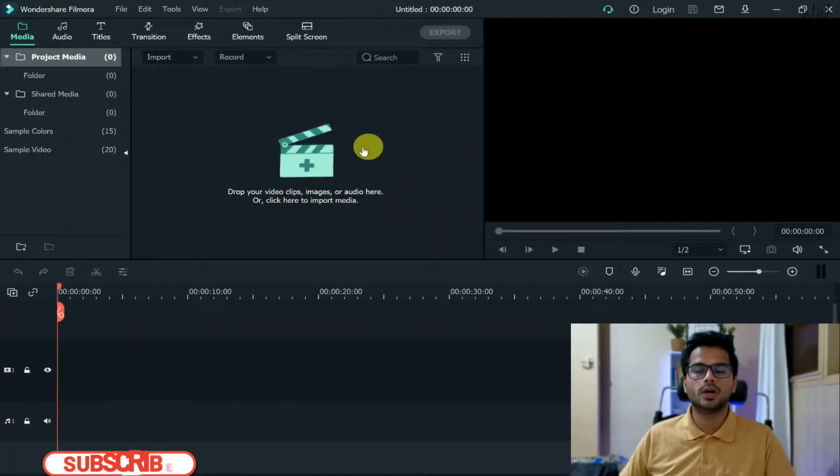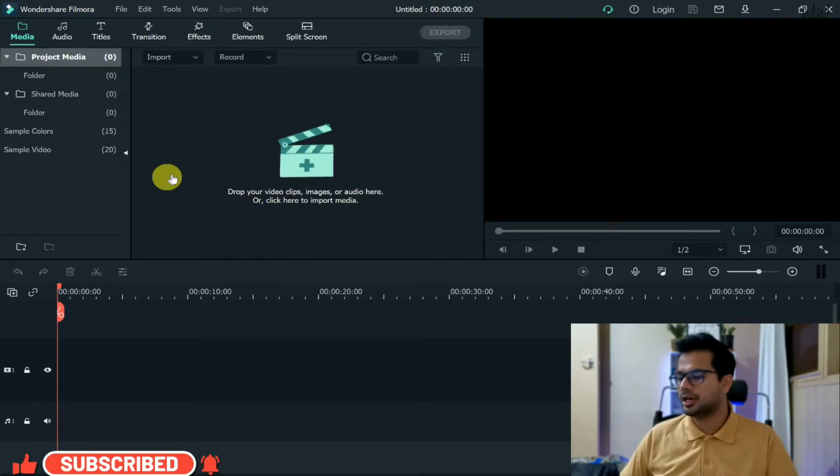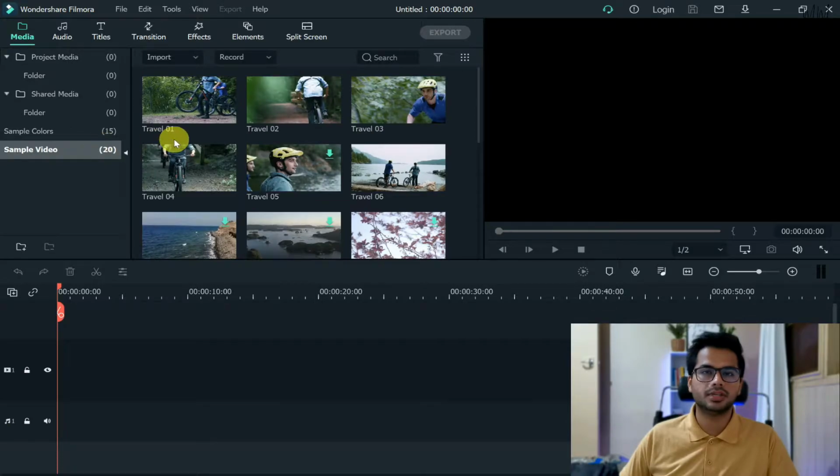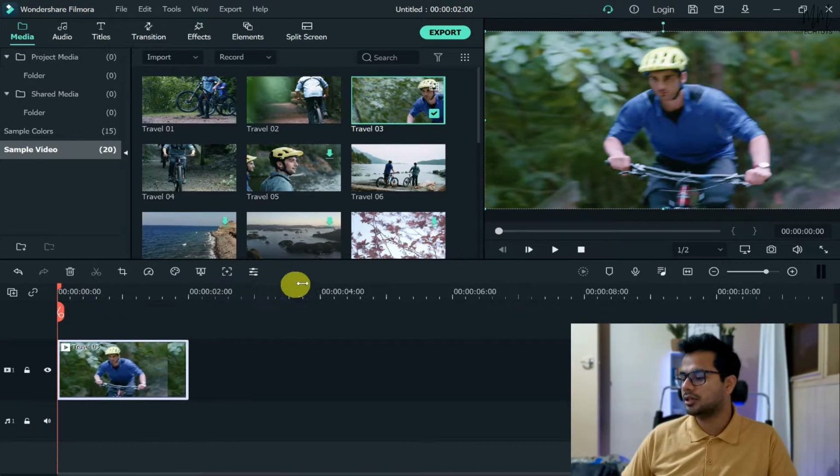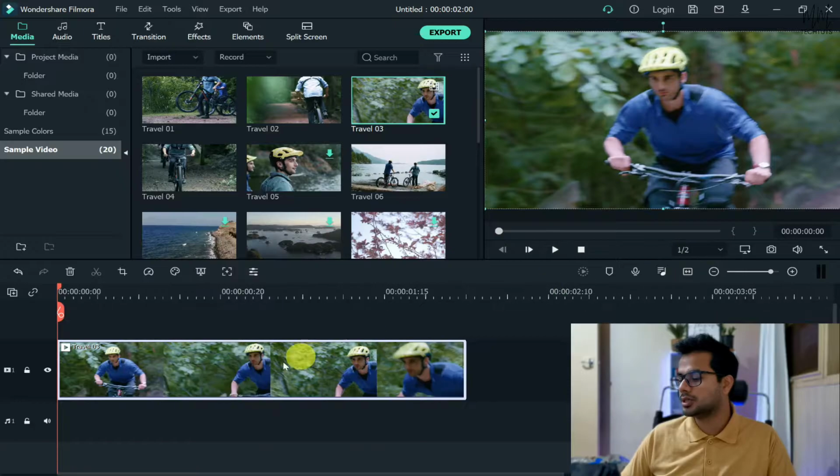So that's the interface of Wondershare Filmora. Now in order to flip or rotate a video, let's select one video out of the given ones. Let's say I select this particular video. Hold that video and drop it onto the timeline. Once you have the video on your timeline, simply double click on the video,